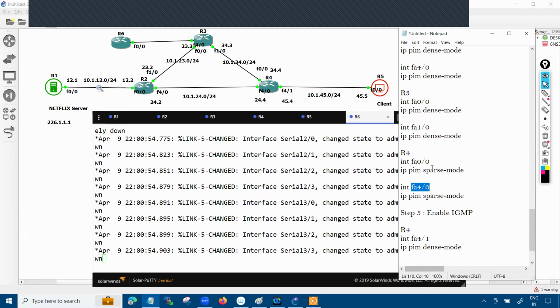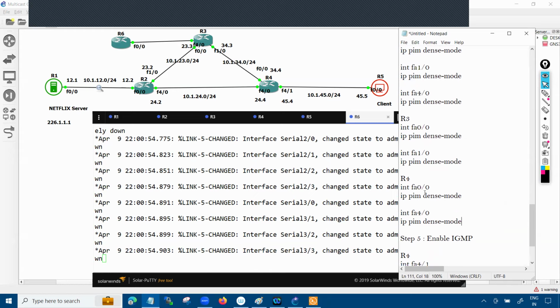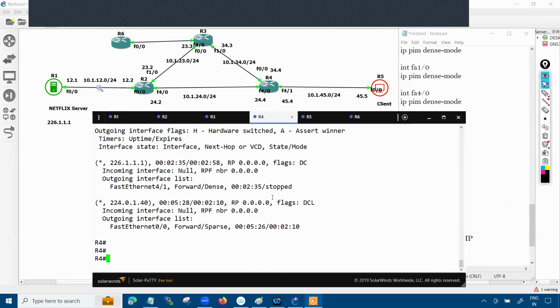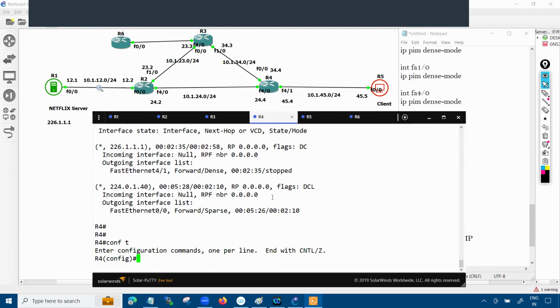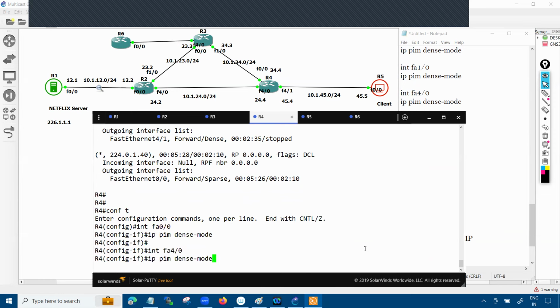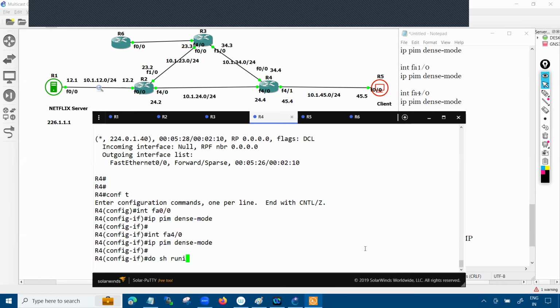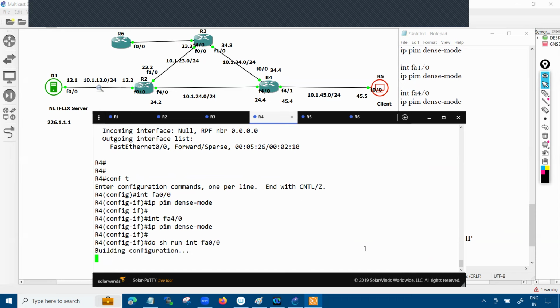Man, how do I enable the sparse mode? Sorry, my bad. Dense. Okay, let me change this guy. My bad. Also like this. 0